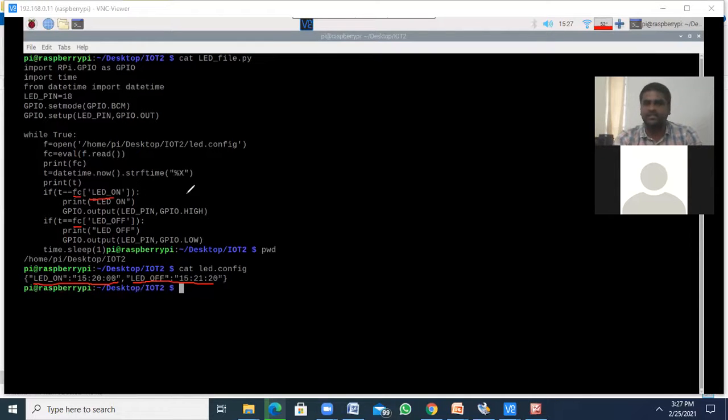So it turns on your LED. It sends the signal high. Again I'm testing the off time. What is off time? 15-21. If it is 15-21, if it is true, I'm turning off the LED, so I'm sending low. This is the way we are executing. In each and every iteration, I'm sleeping 1 millisecond. Okay. Am I clear with this?